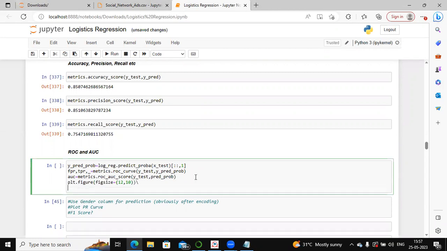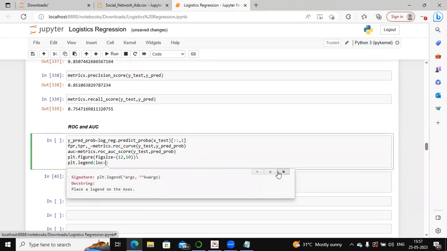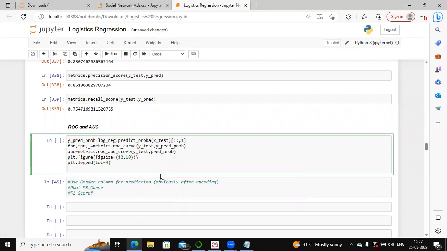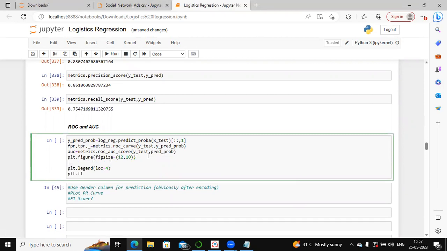And now let's have plt dot legend as well, with location 4, that is bottom right, and we'll have plt dot title. I actually haven't mentioned the plot, so sorry for that. plt dot plot of